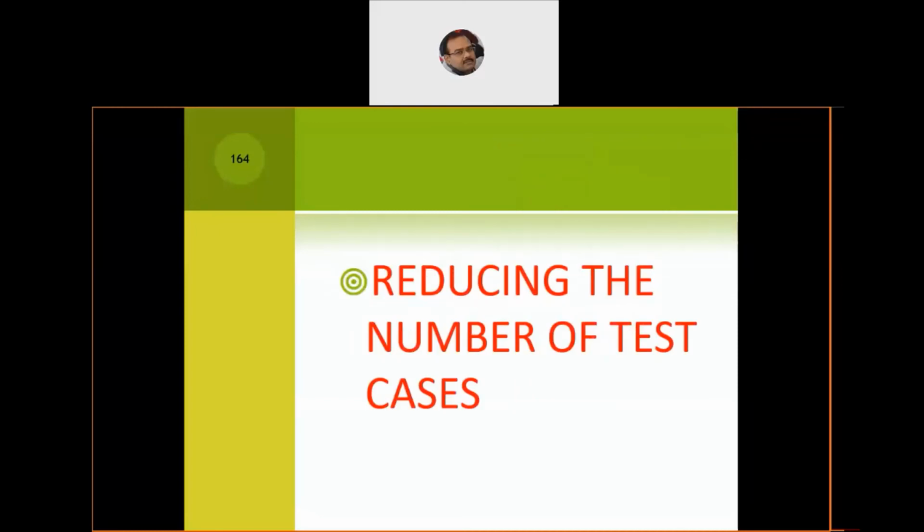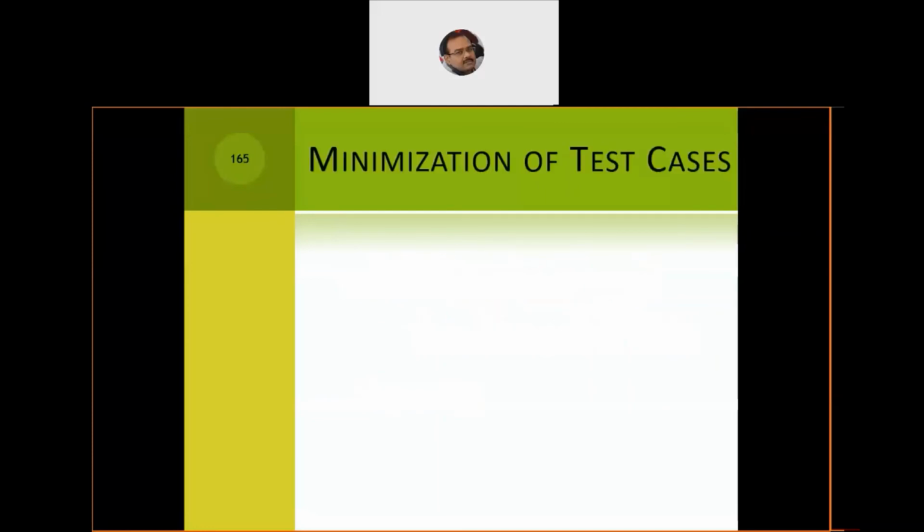Now what effort can we apply to reduce the number of test cases, because the test cases slowly and gradually can increase a lot over a period of time. If you have already seen the structural testing technique and the functional testing technique, so many test techniques are there, and every technique has its own mechanism for how you test the code. So the overall objective should be how to reduce the number of test cases for a given software. That takes us to a point called minimization. We're not saying elimination, the word is minimization.